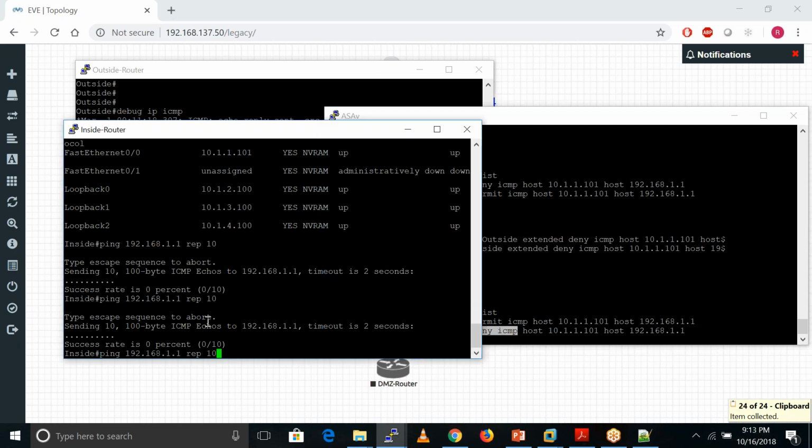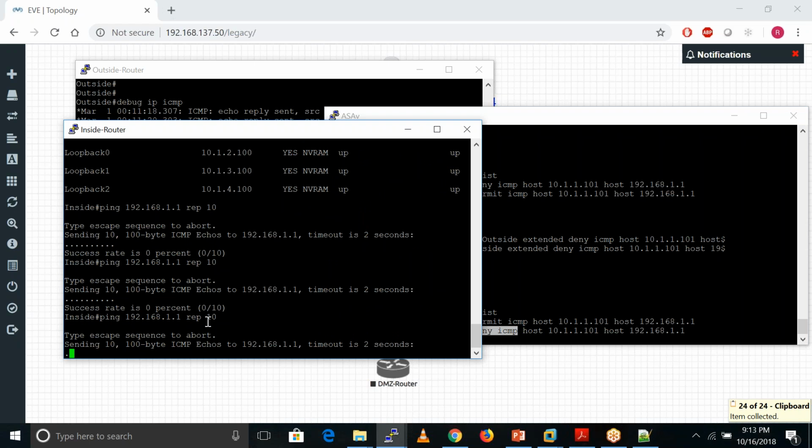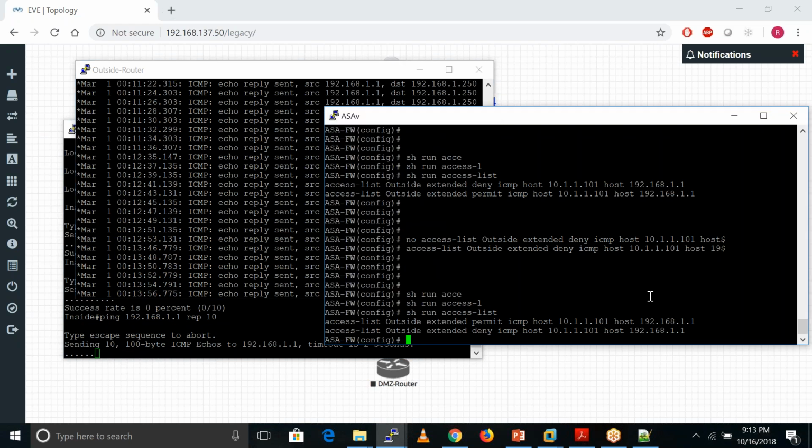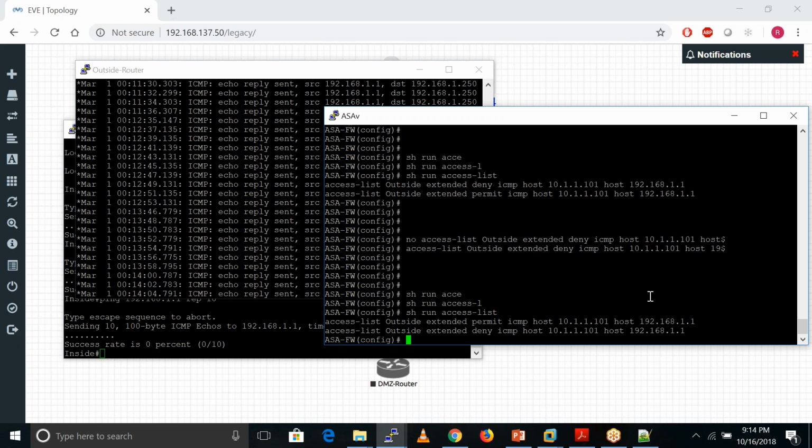If I try to ping this time, I am seeing the traffic here, but the ping still does not succeed. So what is the cause this time? Is anybody able to find it?